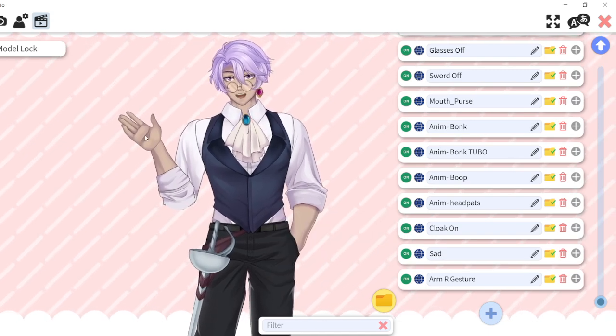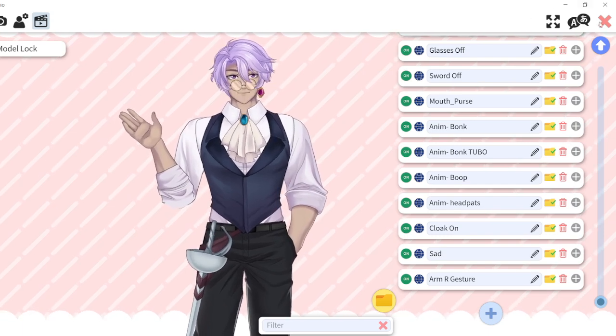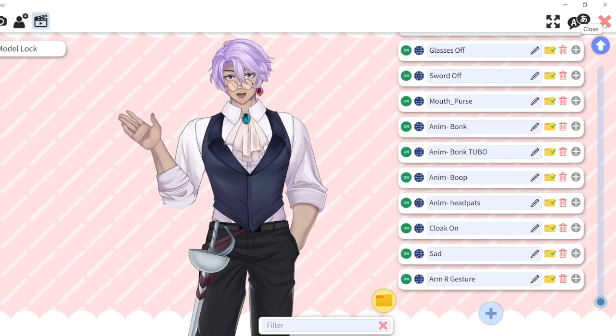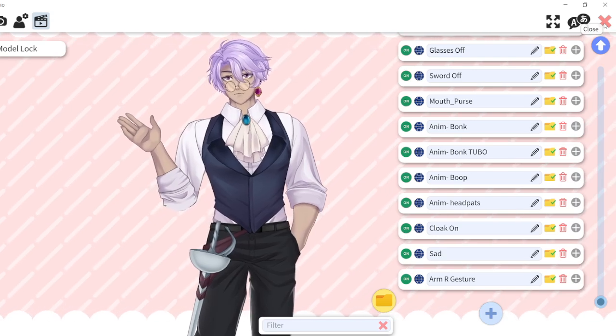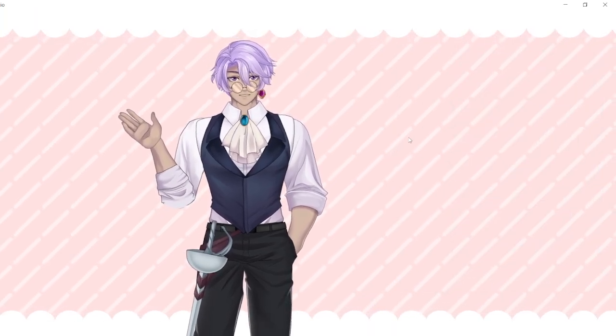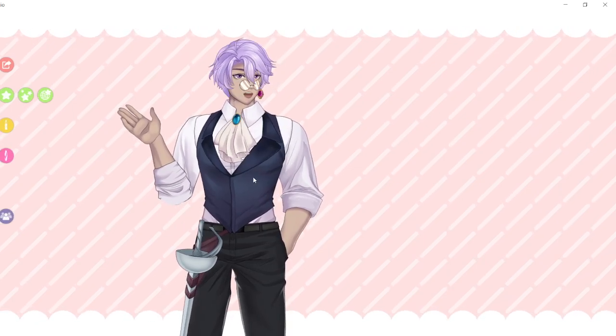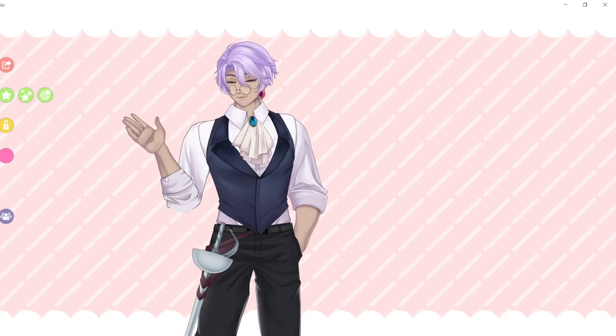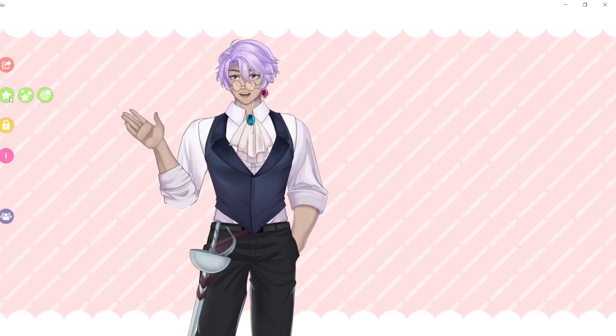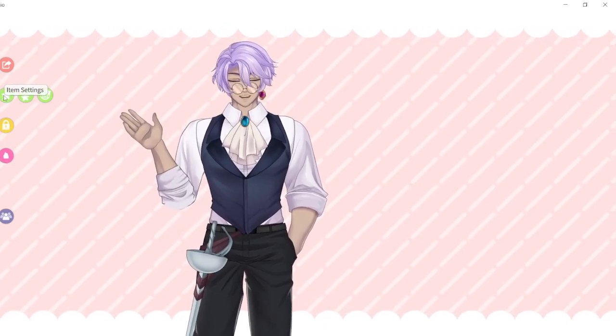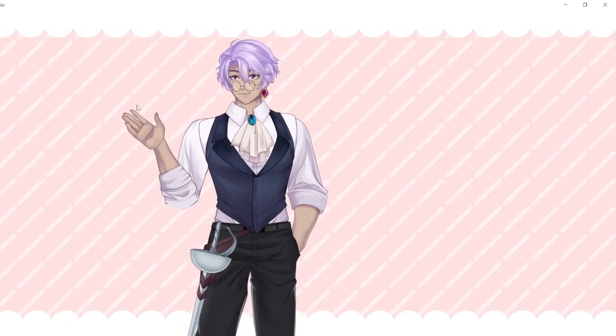because it exists, and I can pin an item to his hand. I'm not going to go into a lot of detail on it because YouTube tutorials will cover it better, and this video is already getting really long. But here you go. His arm's out with his arm gesture hotkey set to key 8. You can go to item settings over here,